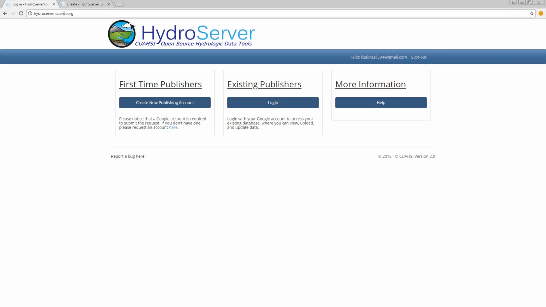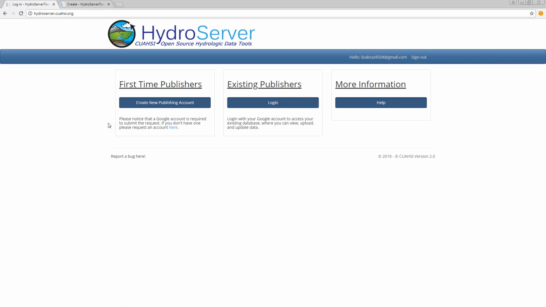What I'm showing you right now is how to create a publishing account. The reason you would want to create a publishing account is if you have time series data that you want to make publicly available through our services. Bringing this back to the data management plan, this is where you're archiving your data and where you're using a metadata structure, and so on. Those are the reasons for doing this.